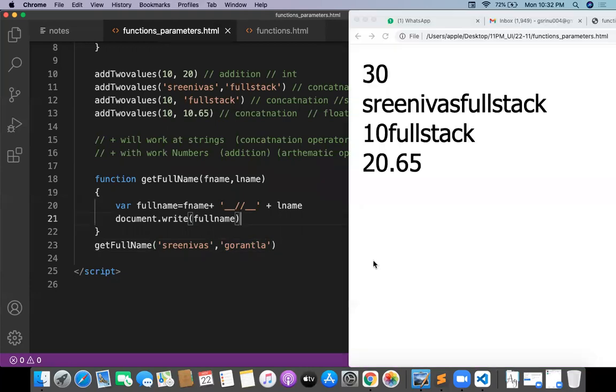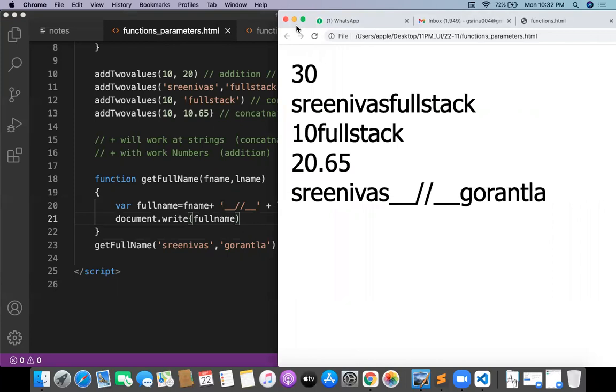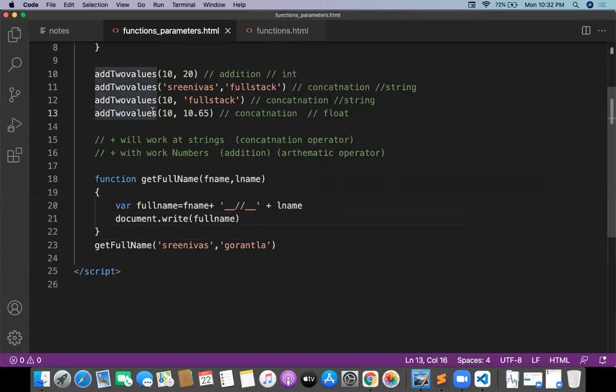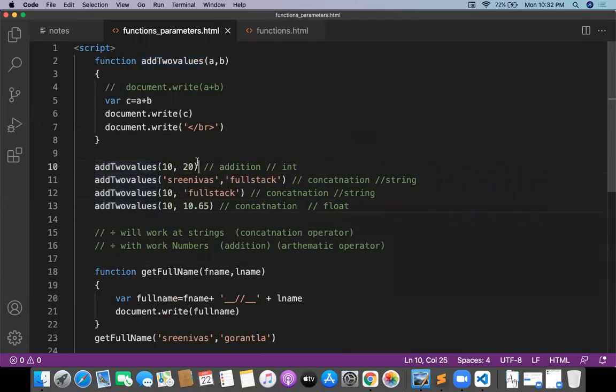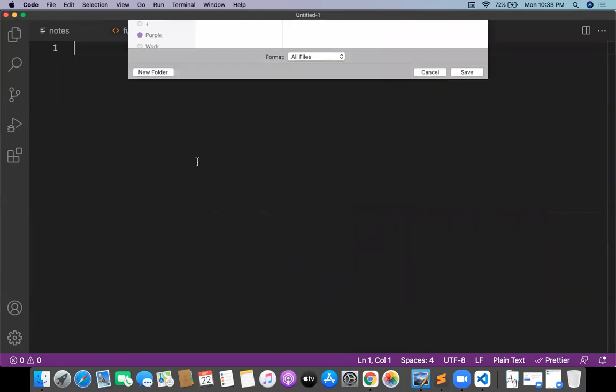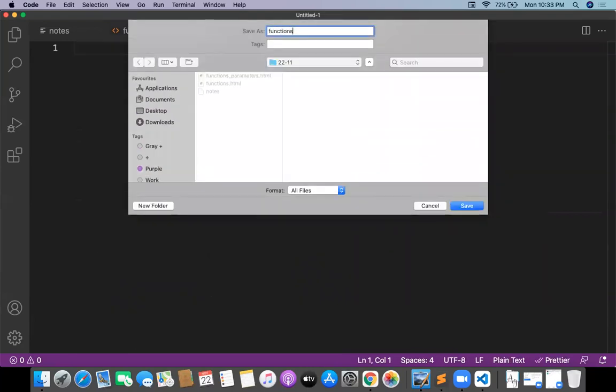Srinivas, some symbol, and Gorantla. We have Srinivas Gorantla then. This is what is called a function with parameters. And there is one more concept called functions with return type.